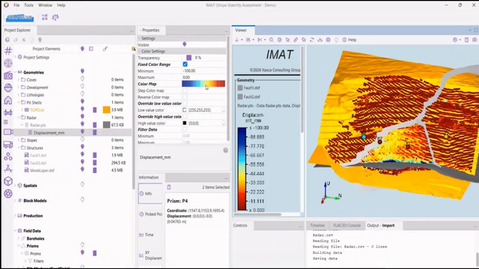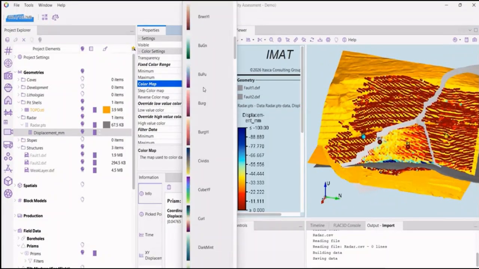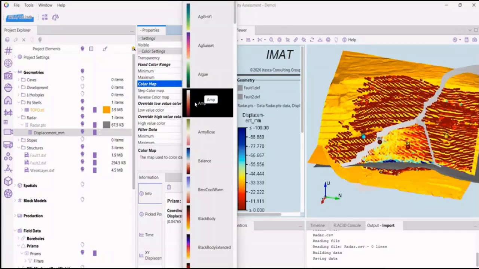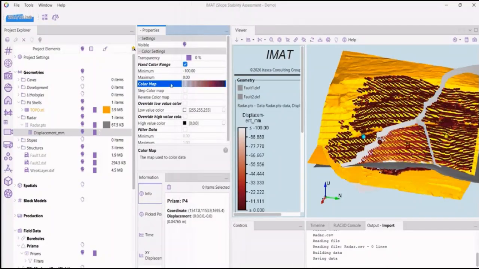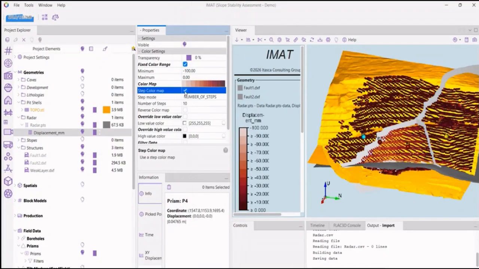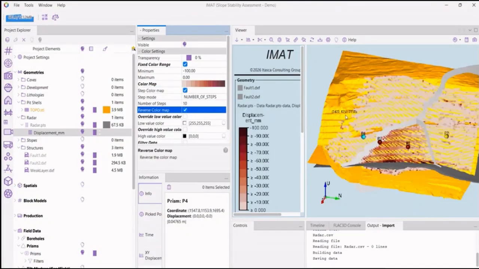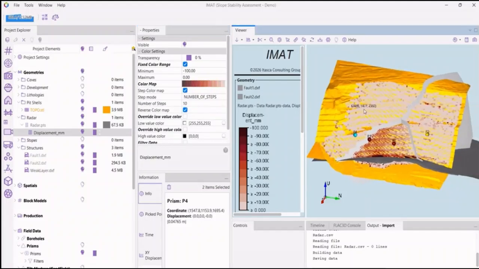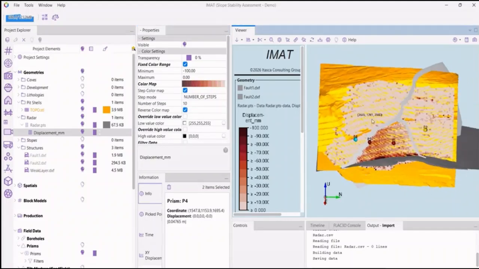We can also change the color map. I would like to go with AMP and select the step color map. Make sure that they are divided into 10 steps, and then reverse the color map so that darker color indicates larger displacement magnitudes and lighter color indicates